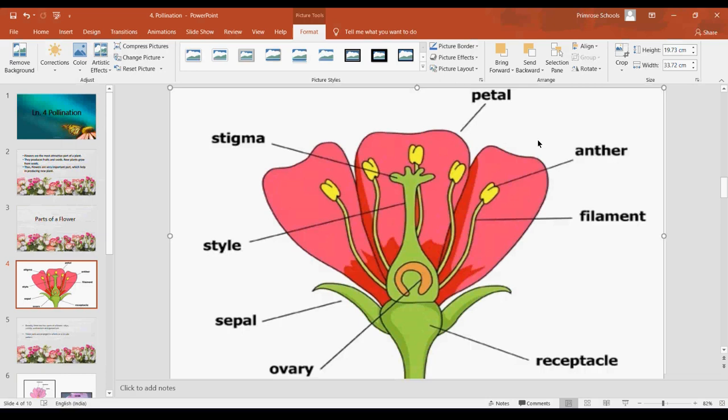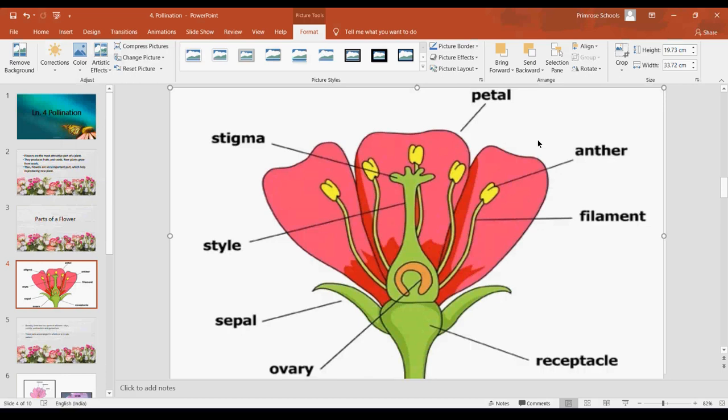Okay, now I'll give you 2 minutes to look at the screen, observe the picture, and look at the parts: which is petal, which is stigma, which part is style, which part is sepal, and which is ovary, receptacle, filament, anther. Please learn this. When you come to school, I may give you a flower.